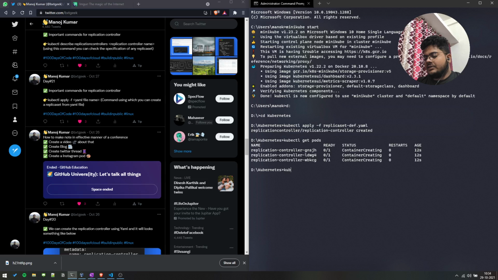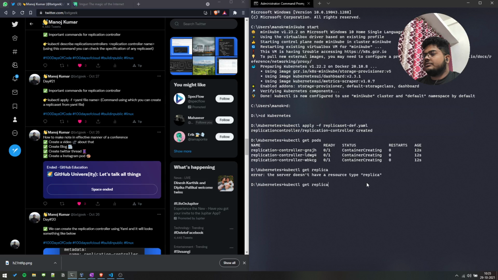Now let's list our replication controller. So get replication, or replica will also work. So it will list out all the replicas. Okay, replica is not the right command. We need to mention replication controllers.